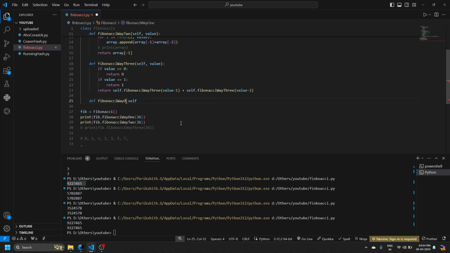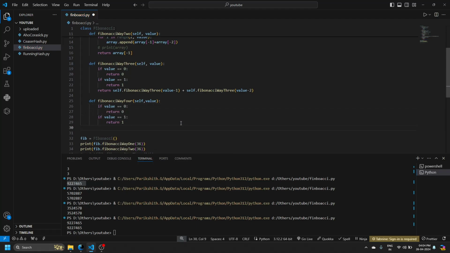Fibonacci, this fourth way now. Again the same thing: if value becomes equal to 1, then return 1, and if the value becomes equal to 0, then you return 0. Or else, now do the checking part. So if the value is actually present in the dictionary,